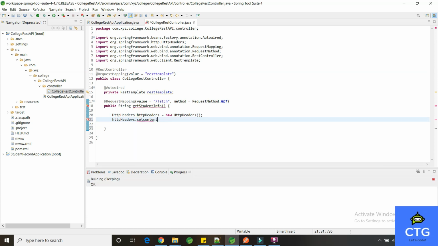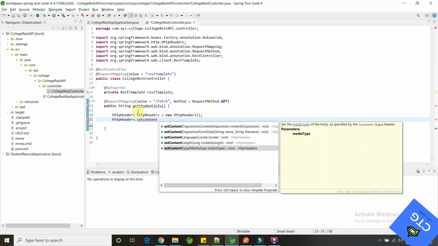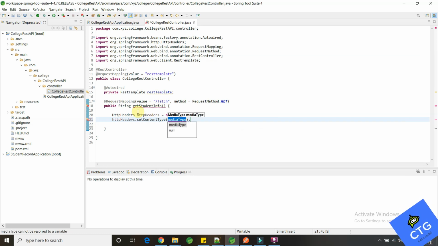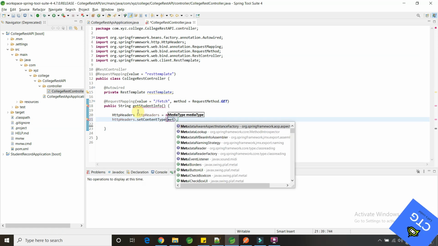What is the content type? Basically, what is the input type which we are going to send? Ideally, in a get method we don't need to send the content type, but we are defining it, and we will use the same method for post also. So, media type.